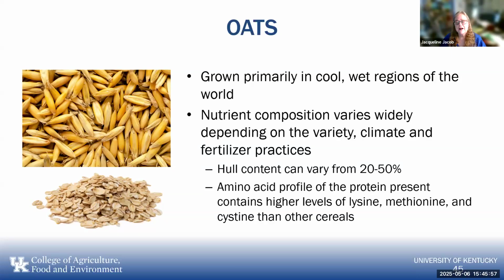The amino acid profile of the protein present in oats has higher levels of lysine, methionine, and cysteine than other cereals. So again, I propose that for organic poultry diets that don't want to use synthetic methionine, they need to start looking at combinations of different cereals or other energy sources to balance those amino acids without the use of synthetics, which organics do not want. They use them at a limited rate right now, but